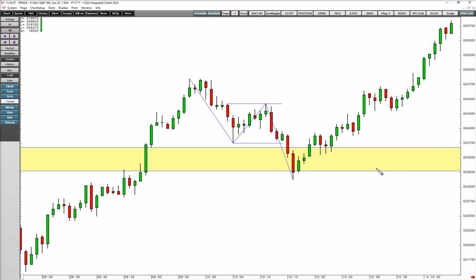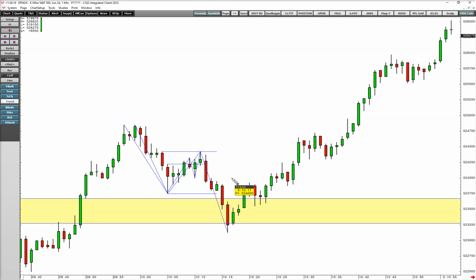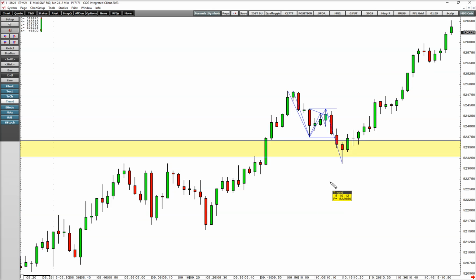If we looked at it on a 1 minute, you've got an extra wiggle. Well, no, this is actually all a hoagie there. So you do have an extra wiggle in the 1 minute. So it's one leg down, 2 legs up, 1 leg down. But however you looked at that ABC,